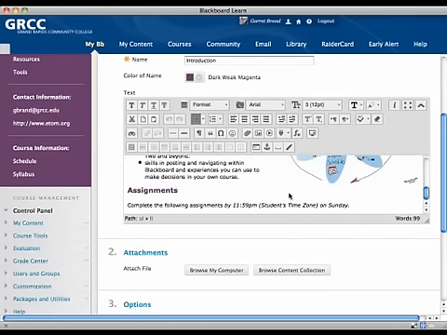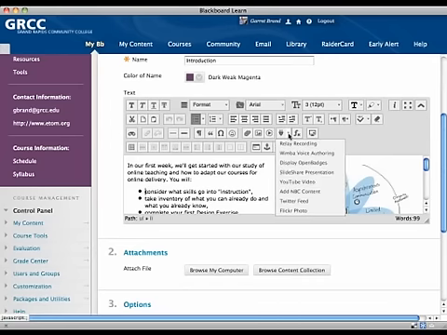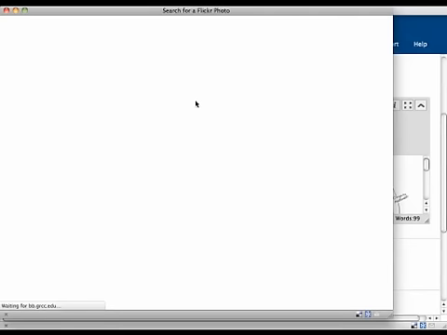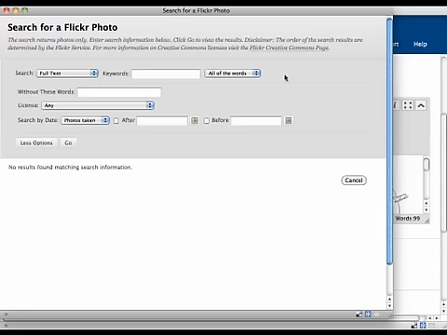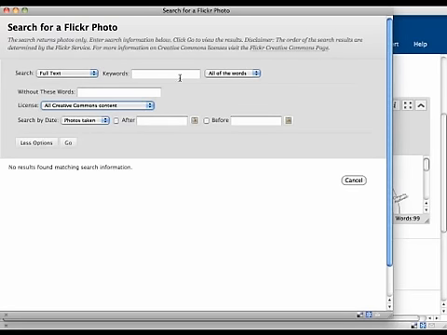put a heading in, italicize my date, and then over here I wanted to add an image, and I wanted to make sure that the image that I used was a Creative Commons license. So I went to this mashup tool here, and I selected Flickr Photo, and then I went to more options, license, Creative Commons content, and I just searched for a term. So let's say I say instructional design,